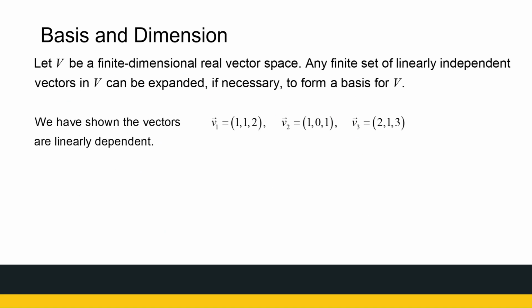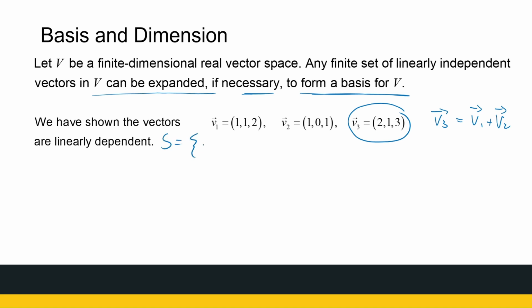All right, now, next thing. If I've got a finite dimensional vector space, and I've got a finite set of linearly independent vectors, then that set can be expanded, if needed, to form a basis. So let's look back at one of our previous examples. We've shown that this set S with V1, V2, and V3 is linearly dependent. We showed that V3 is just V1 plus V2. So we've shown I can get V3 from V1 and V2. But V1 and V2 are linearly independent. So if I've got the set S with only V1 and V2,